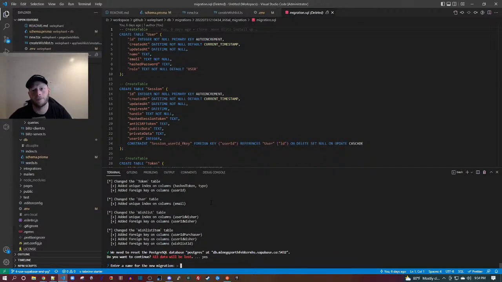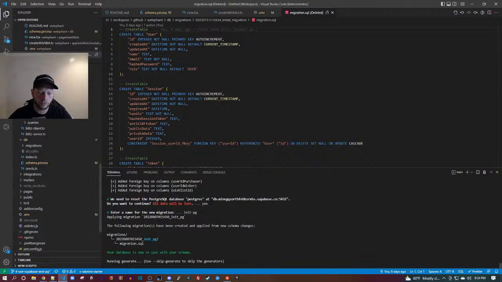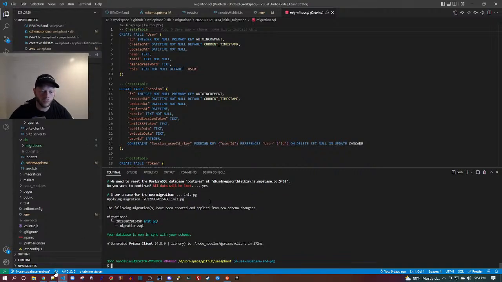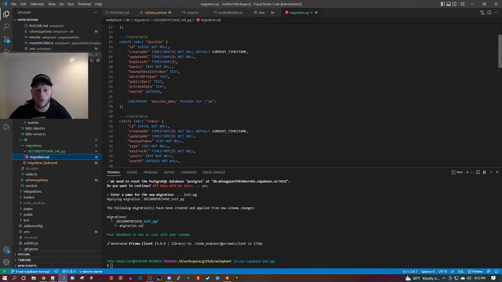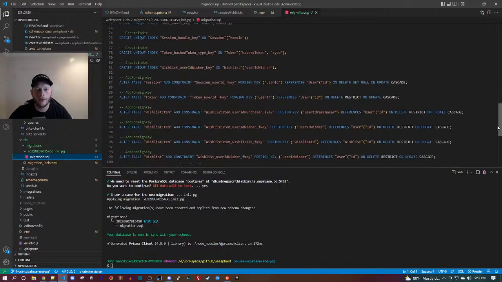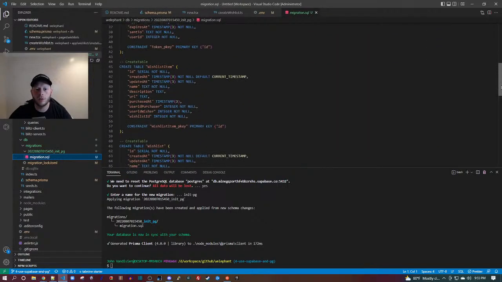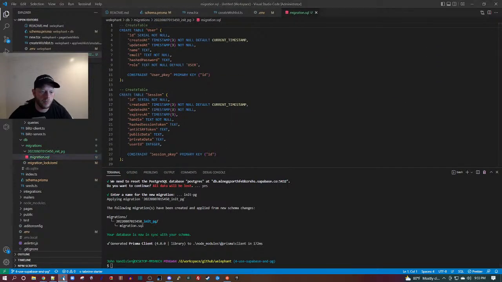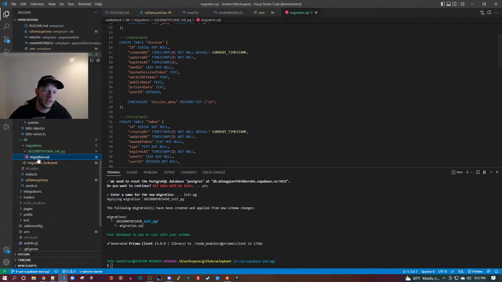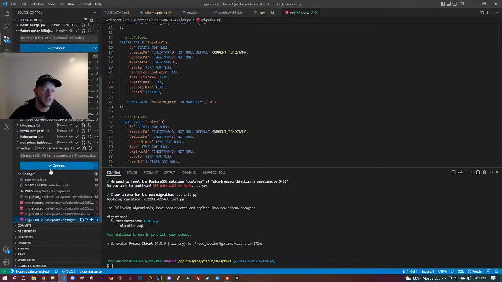This would be init pg. Okay. So this creates user, session, token, wishlist item. This is all the things we just did, but codified into a SQL script. It's exactly what I want. So we deleted the old SQL things, and now we have